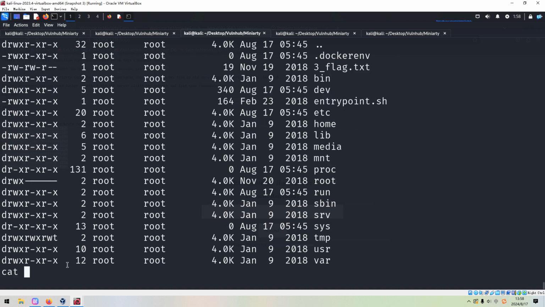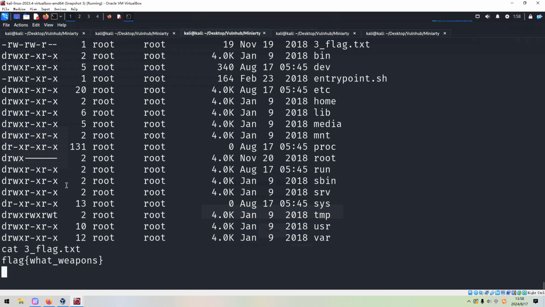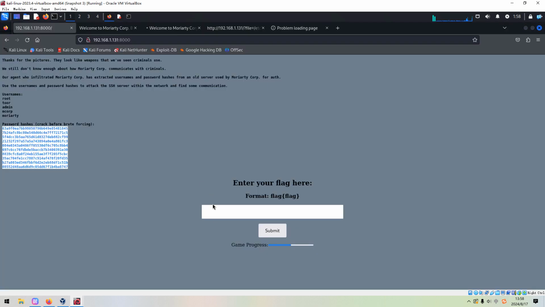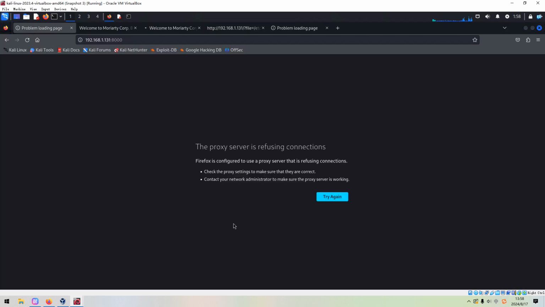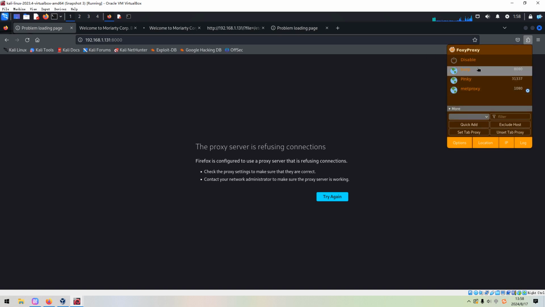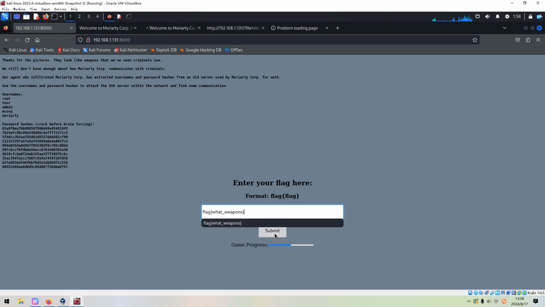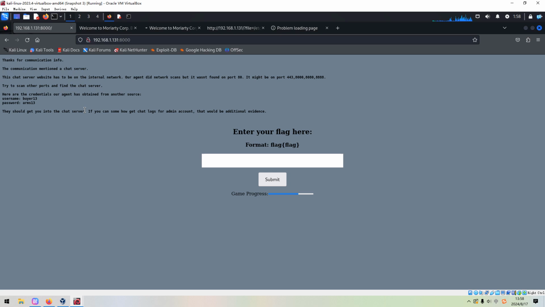We can use cat. Okay, so we can copy this flag. And now we can submit this flag. So the proxy, we can disable the proxy. Submit. As you can see, we submitted the right thing to the target, and we have been given another